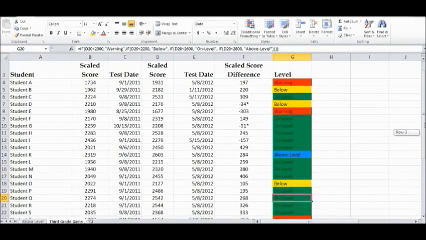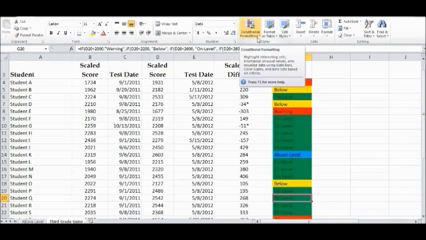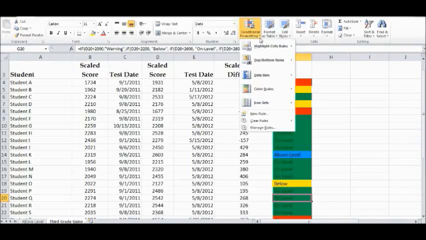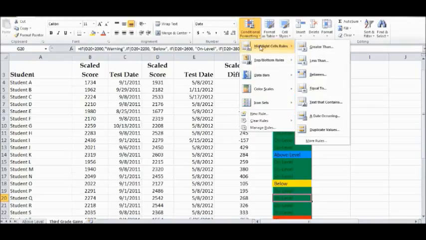Then the next thing I did, which the cells are already highlighted, but I'm going to go back over that. I wanted to color my cells. My students that were warning, I wanted to color that. So I go to conditional formatting. And if we were doing this right now as a class,